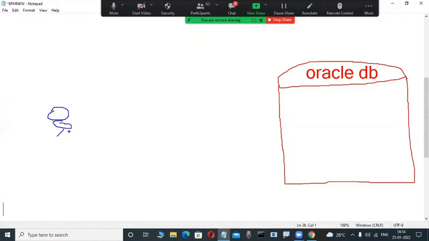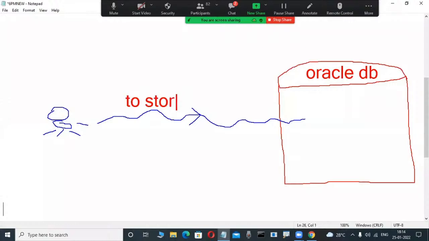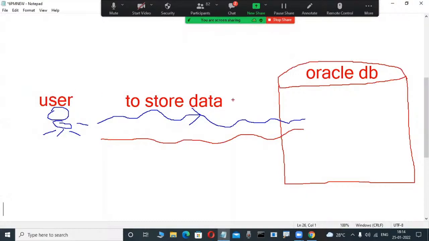You want to store some data into the database permanently. Not only storing data, we are also modifying this data in the database. We are performing some operations in the database, or otherwise we are fetching the data from the database. For example, this user wants to store data into the database or fetch or retrieve data